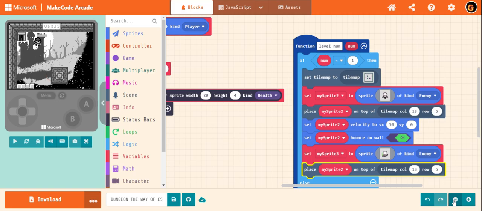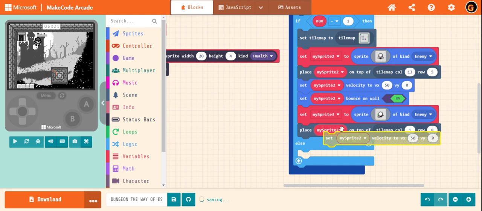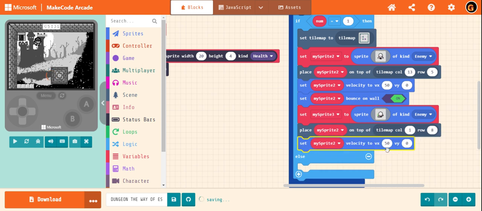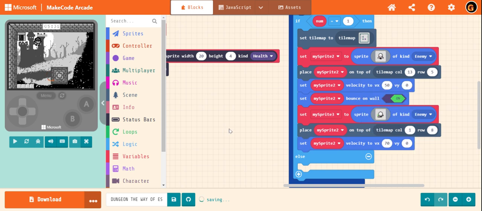Okay, let's keep it as 1 comma 8. Then let us set the velocity a little different, speed as 100. Nope, 100 is too fast. Perhaps 70. Okay.